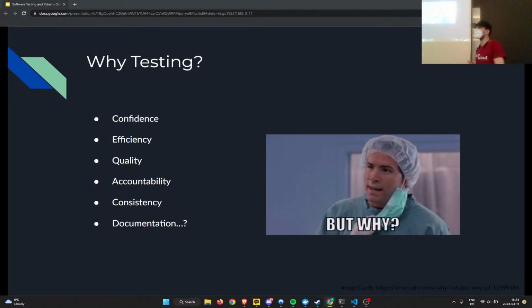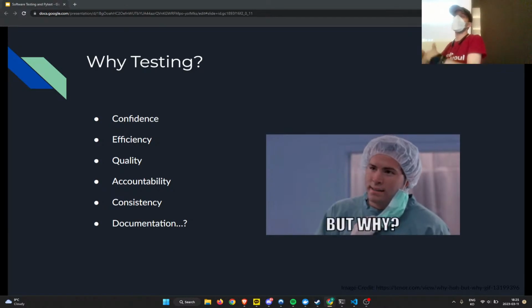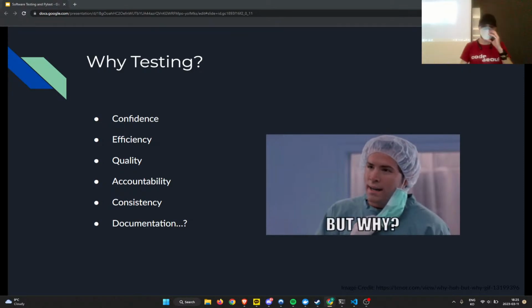A big thing too is consistency, okay? If you make certain changes, your tests ensure that your application behaves in a certain way, okay? Because the test code has not changed, right? So in this way, you ensure consistent behavior despite any changes you make. Unless, of course, you change your test code, but that should be in response to any features that you add.